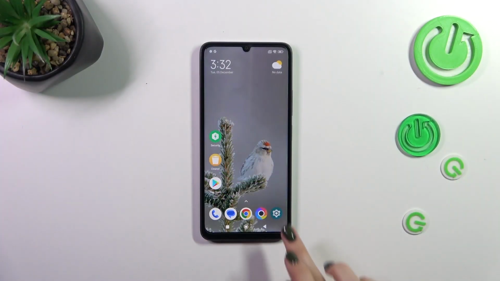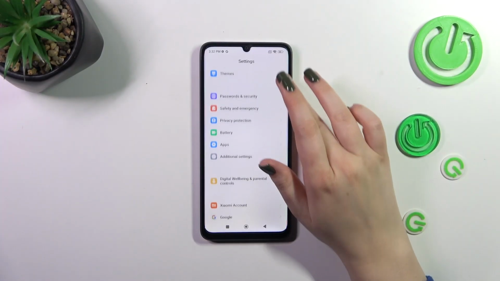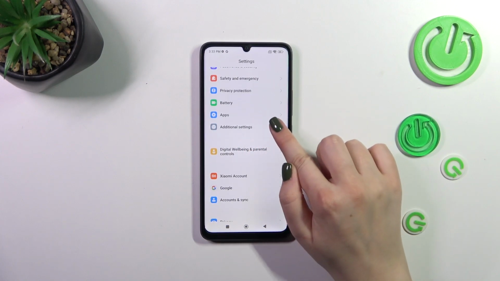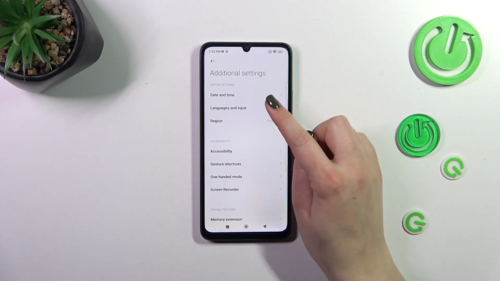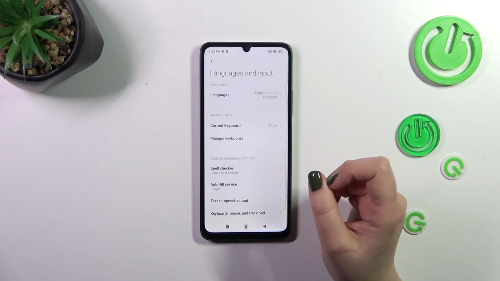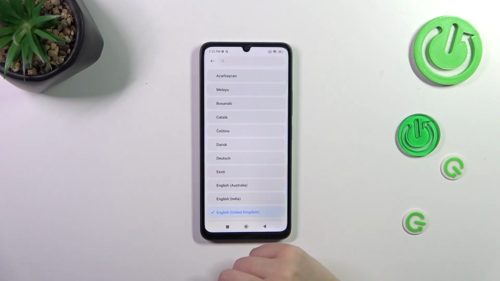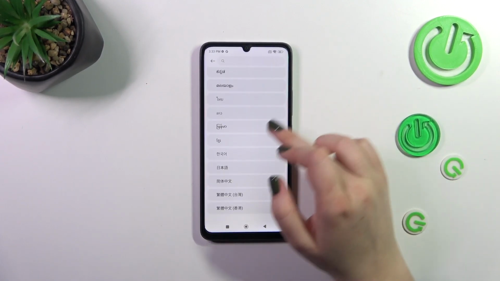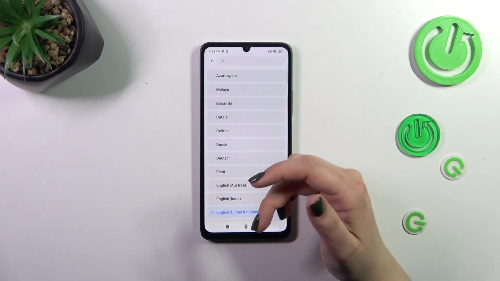So let's start with opening the settings, and here we have to scroll to find additional settings. Now let's tap on languages and input, which should be on the second position, and tap on languages. And as you can see, we've been immediately transferred to the full list of available languages from which we can